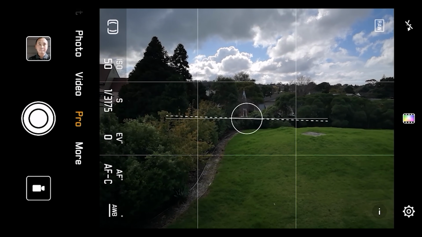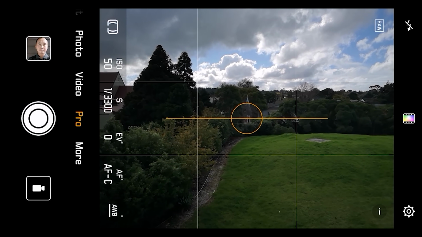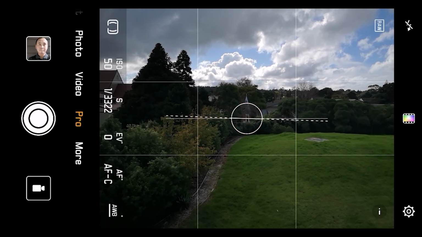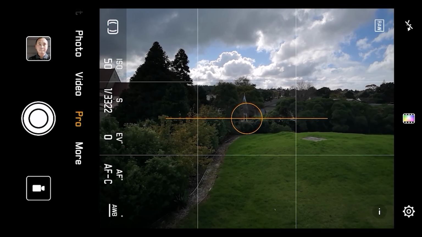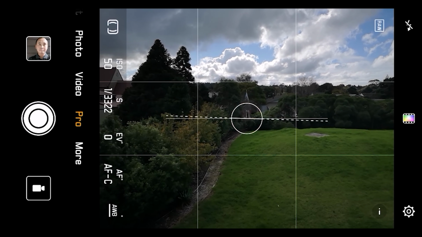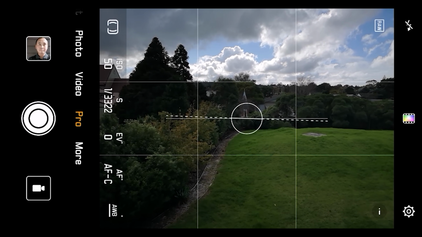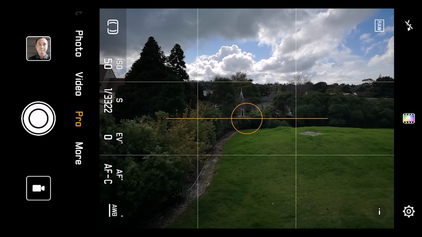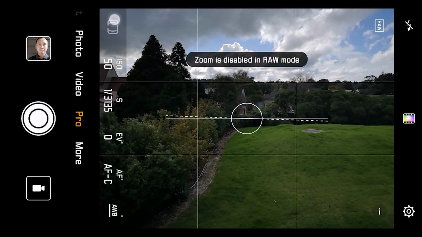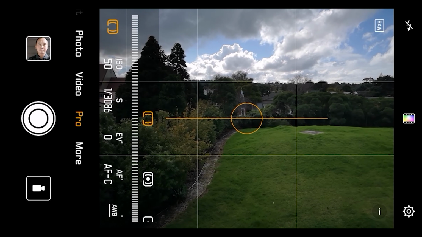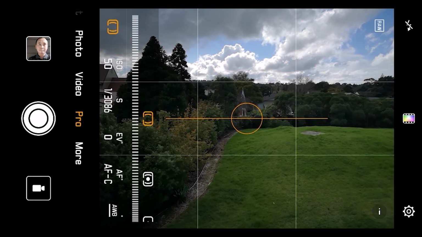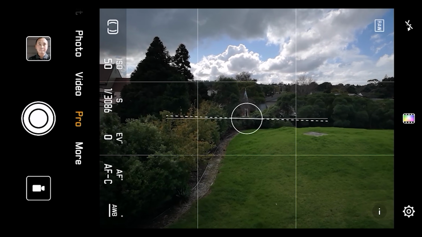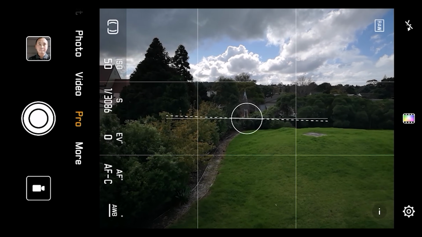And then you have the Pro mode, which is probably one of the most important features in the camera app if you want to capture some very nice looking photos. So let me explain what the different settings in the Pro mode are. When I enable the Pro mode, you now have a secondary menu on the screen. The first one is the metering. Basically, it tells the camera how to set the correct brightness of the photo you are taking.